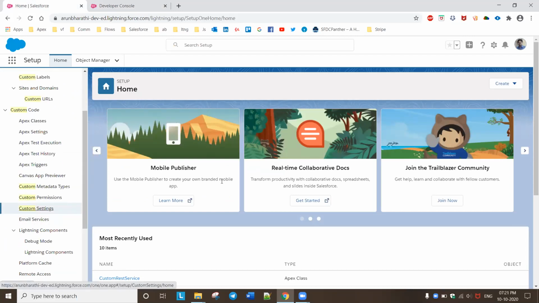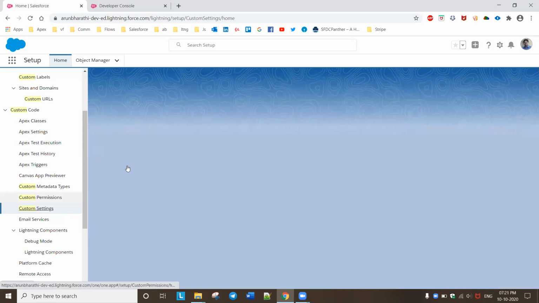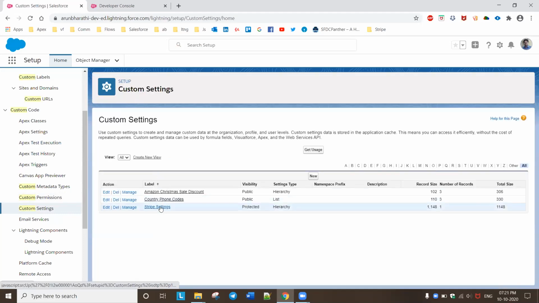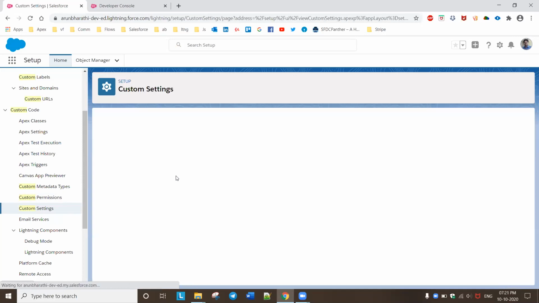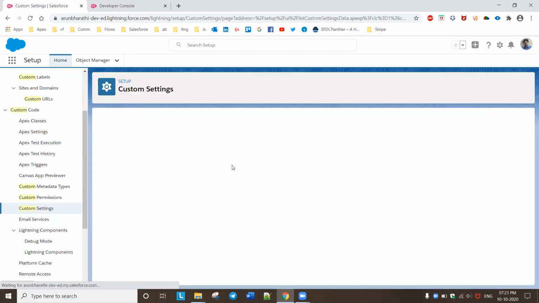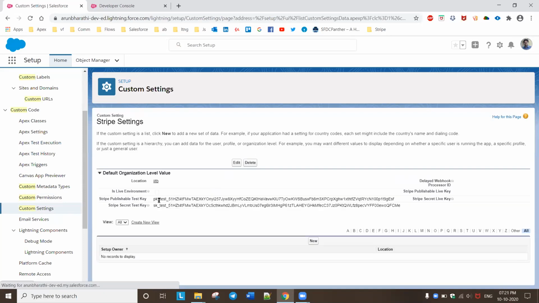There they are creating one table for storing this information. You have custom settings and you keep your data. Here I have a number of fields. I'm storing my publishable test key and secret test key here.